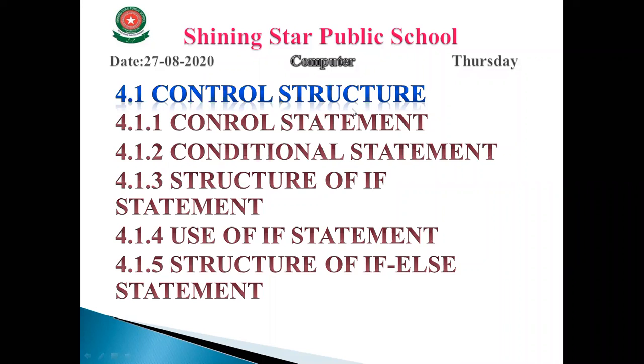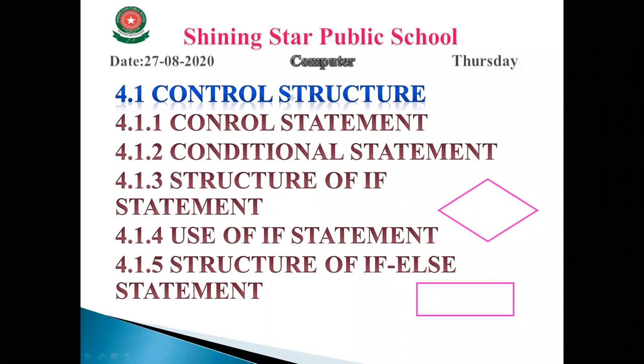Whenever we write the algorithm, a flow chart is a chart in which we represent the algorithm with the help of different symbols. Symbols which we use in flow charts may be a rectangle or a diamond sign. The diamond sign means a condition sign. So these are the different types of shapes we use in the flow chart.